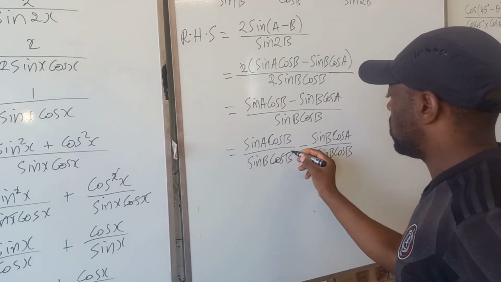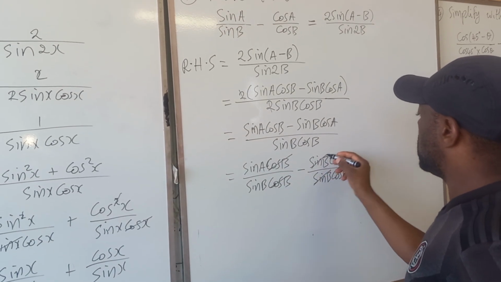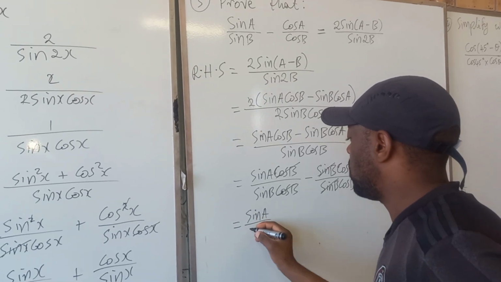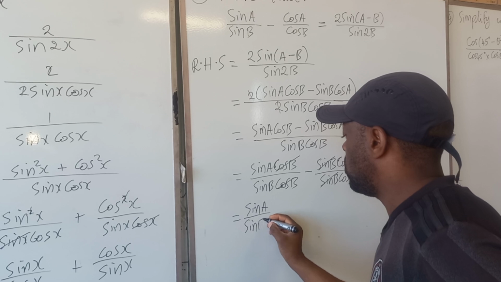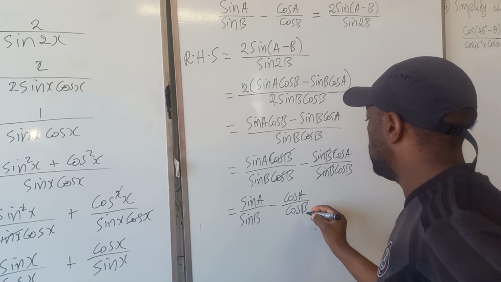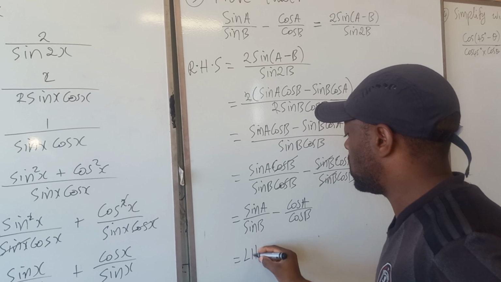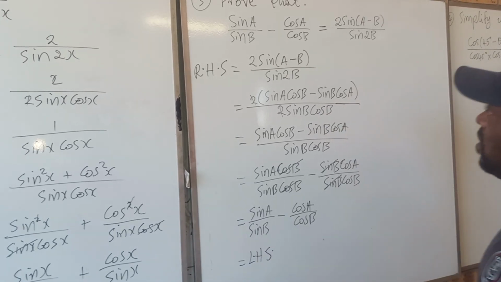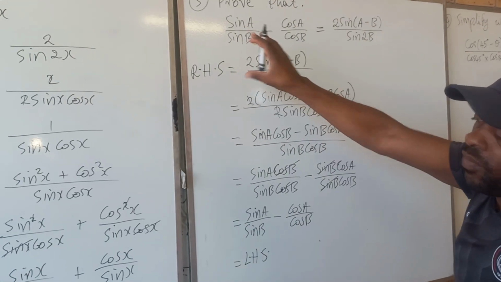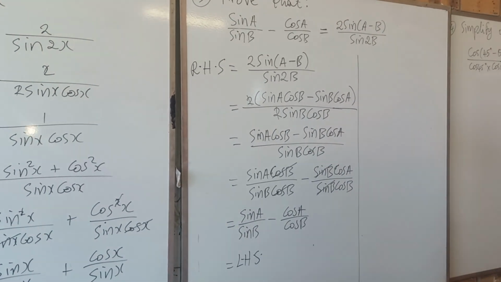So from here you see that cos b will take care of cos b here, and here sine b will take care of sine b. Then we'll be left with sine a over sine b minus cos a over cos b, and that corresponds exactly to our left hand side. So if I were to be a student doing that proof, I would prefer to start from right to left. So that was just to demystify the fact that students must not always think that they should start